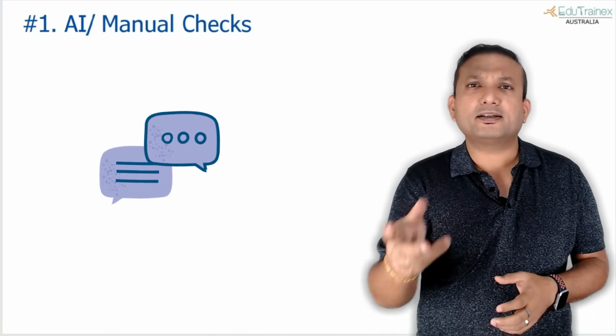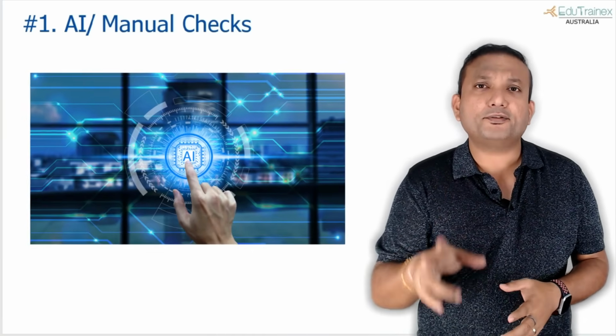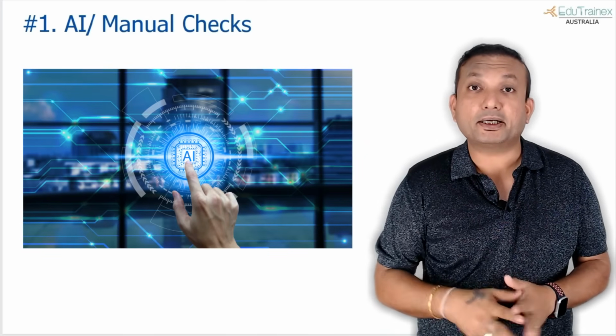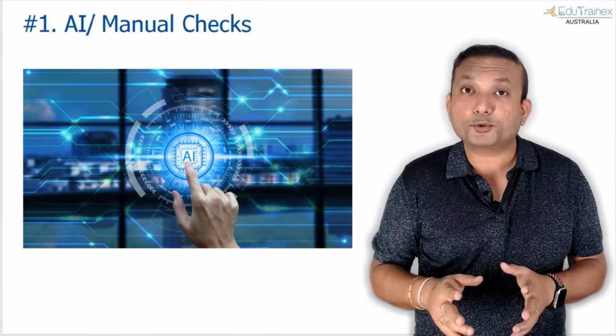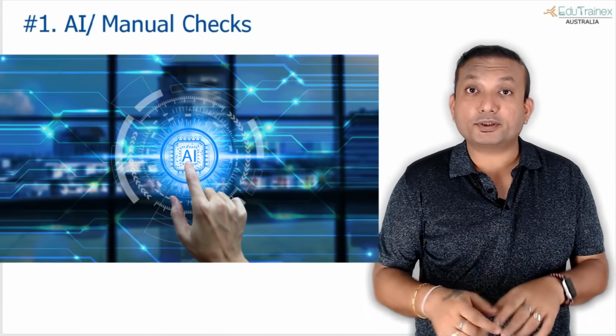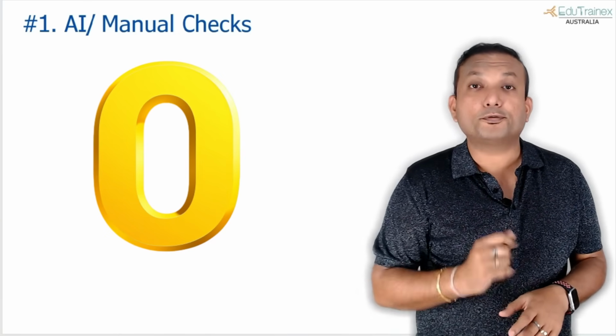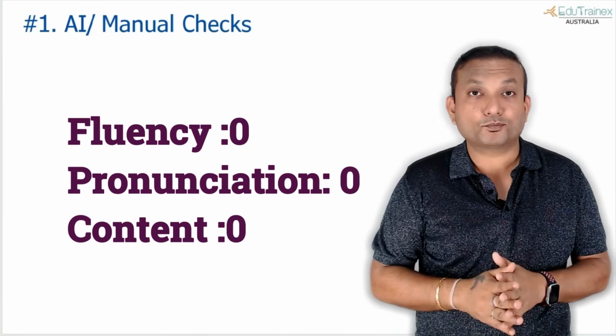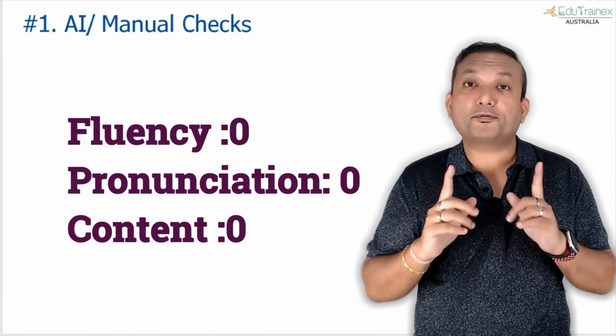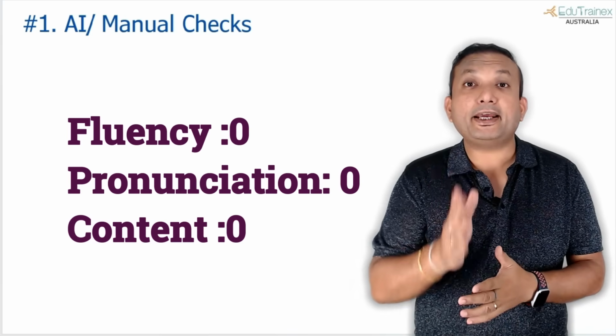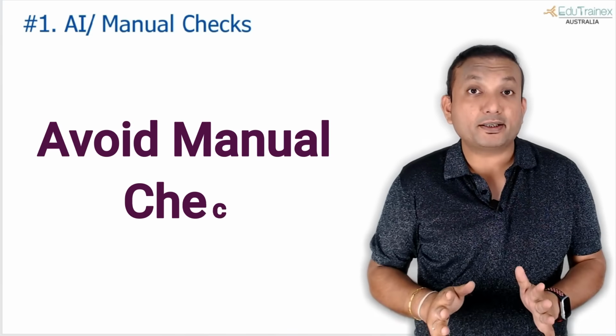If they see there is a pattern of any kind, they will just mark it as not accepted, and straight away the AI is going to record the marks for that particular question as 0, 0, 0 for fluency, pronunciation, and content. So everything goes down. If you get flagged for a manual check,